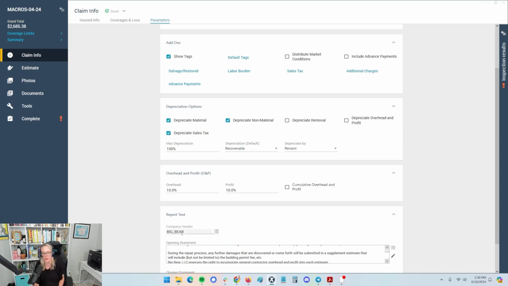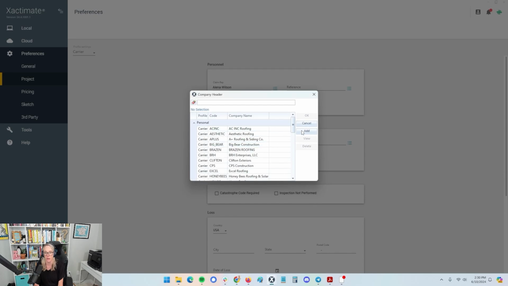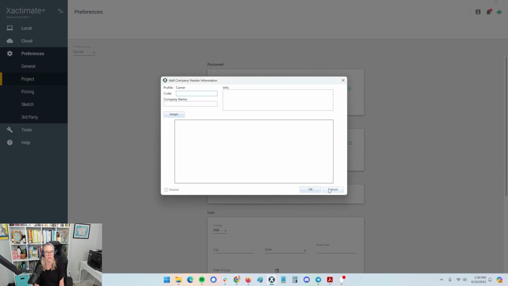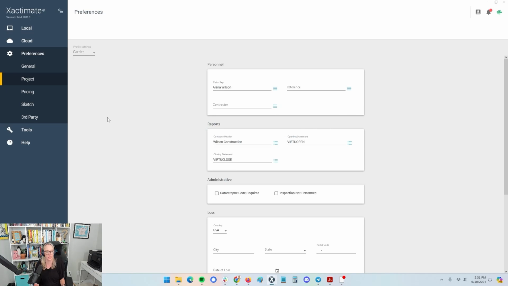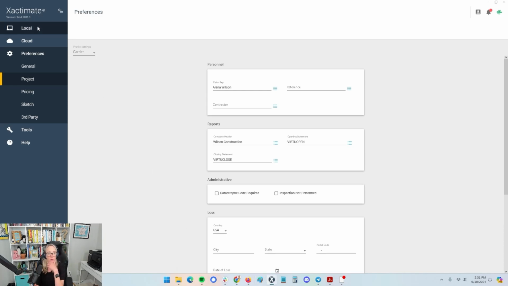Once you get these created, feel free to go over there, and I think you can actually create them right here if you would like to, out in the dashboard preferences under project. So take a look at that, and that's something that really makes your estimate go to the next level with the professionalism. Now, the other thing that I see happen a lot is that people will submit their estimate